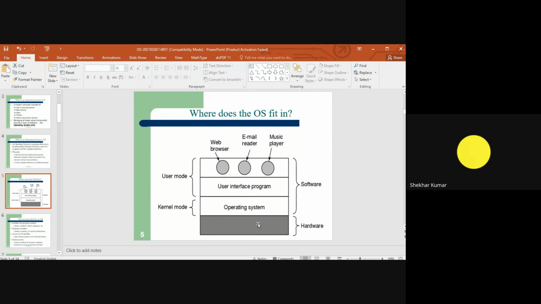If one task is executing, the other will be in the waiting state in this batch operating system. After that,